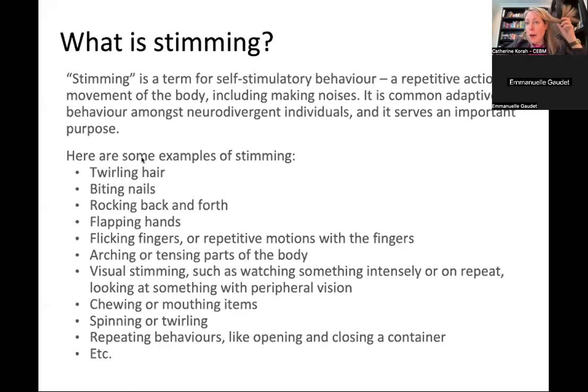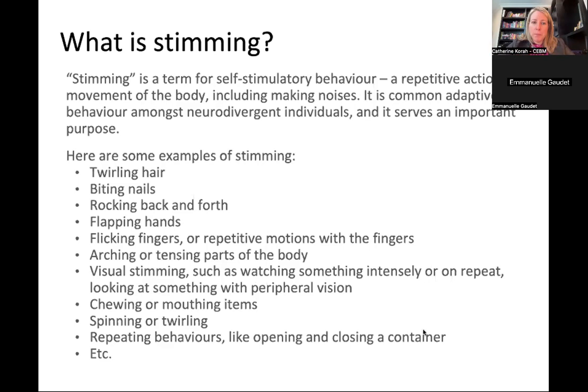It could be twirling the hair, biting the nails, rocking back and forth, flapping of the hands, the flicking of the fingers, or the repetitive movement of a finger. It could be the arching of the body. We see that sometimes where they're arching backwards. Visual stimming is also something where the child might be hyper-focused on something that is rhythmical. It could be chewing or mouthing an item, spinning or twirling, a repeating of a behavior like opening and closing